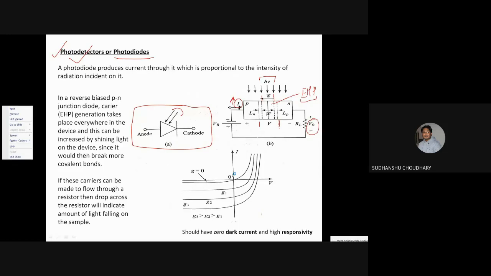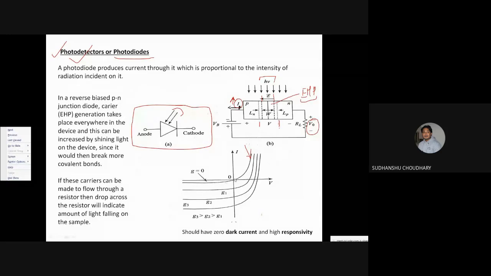Now one can also look at the IV characteristics of the photodetector, or this junction diode, which is reverse biased. In this characteristic, you will notice that this curve corresponds to a normal PN junction diode. That is, you have a forward bias characteristic. The current starts increasing when you apply a forward bias, and then you have almost negligible current when the diode is reverse biased, or when you apply a negative bias.